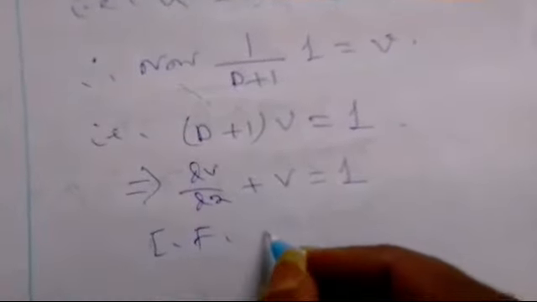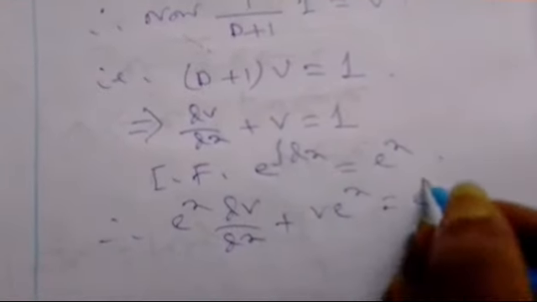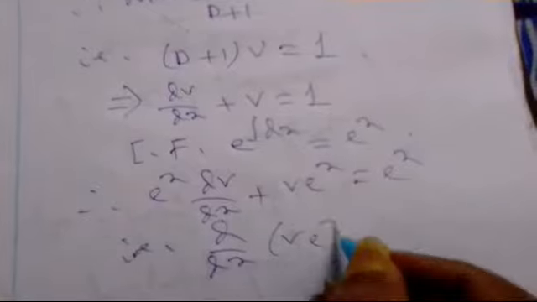1 by D plus 1 operated with 1, if we take it as v, that is 1 by D plus 1 operated with 1 equals v, which implies D plus 1 operated with v equals 1, that is dv/dx plus v is equal to 1. So here also we use an integrating factor, a similar situation, e to the power x. Multiplying both sides, e to the power x dv/dx plus v e to the power x equals e to the power x, that is d/dx of v e to the power x equals e to the power x, integrating, v e to the power x equals e to the power x, that is v is equal to 1. So finally we find v equals 1,